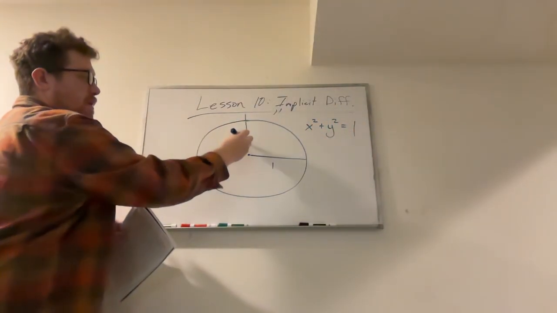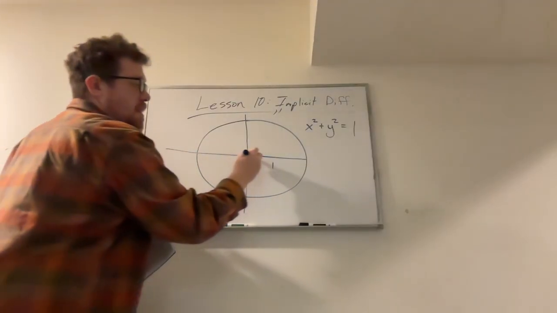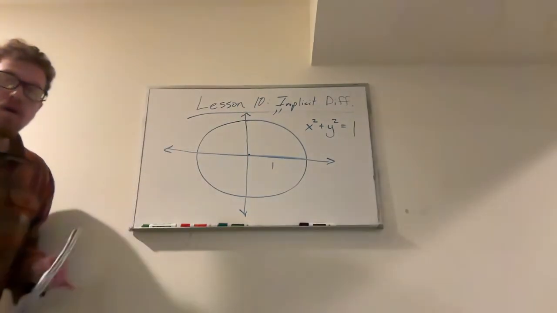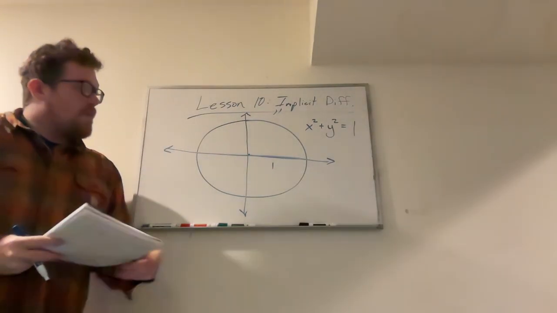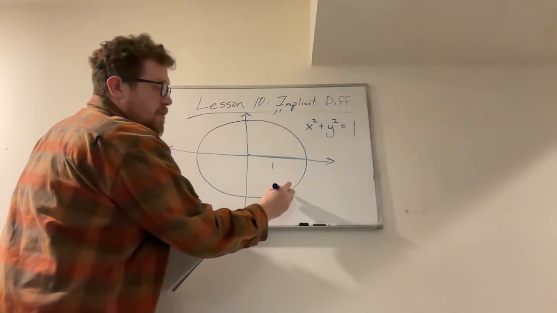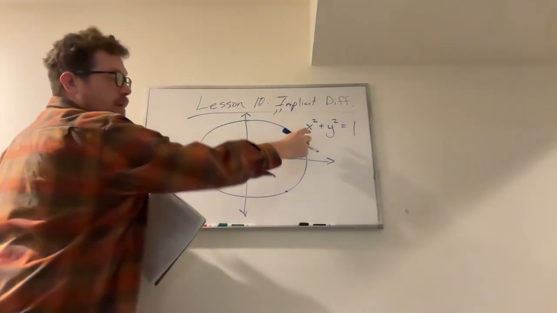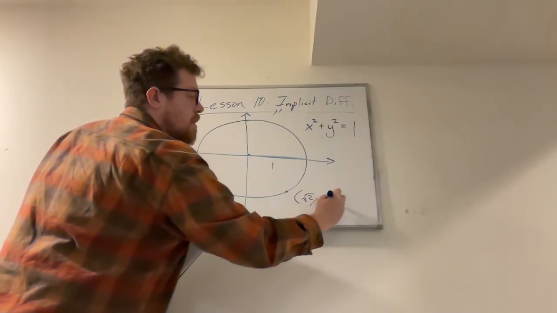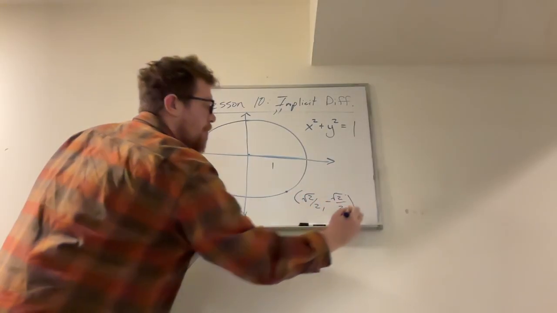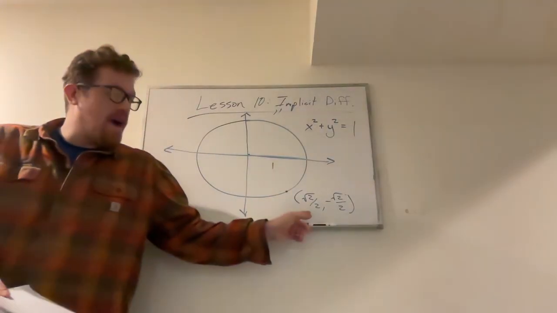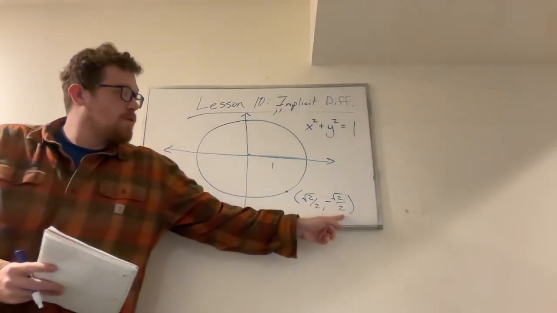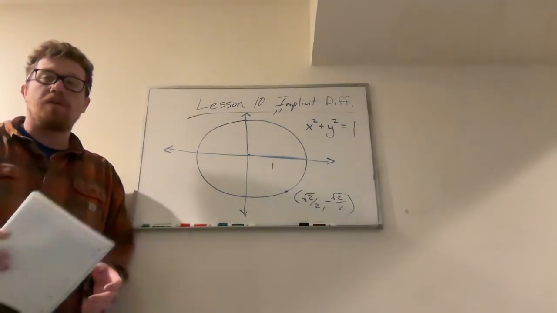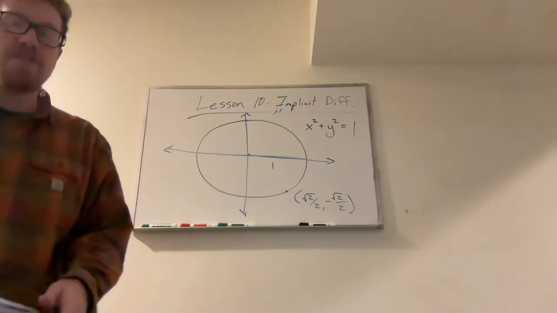Where we're thinking of these points in the xy plane. Every point on this circle satisfies this equation. Like here, there's some point, square root of 2 over 2, negative square root of 2 over 2. And if you square the x and you add the square of the y, you do get 1. So this is a point that satisfies this relation, and every point on this circle is some point satisfying this